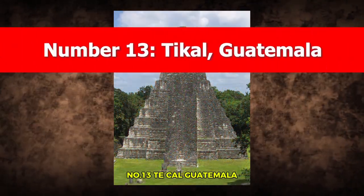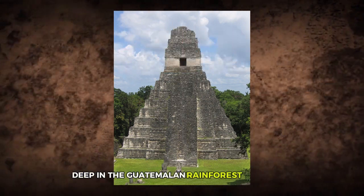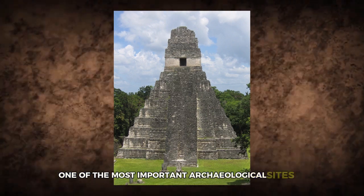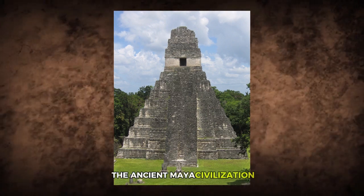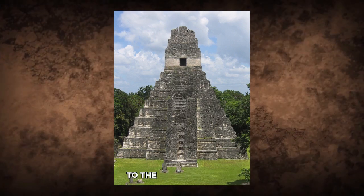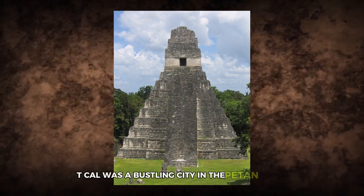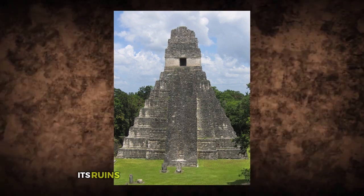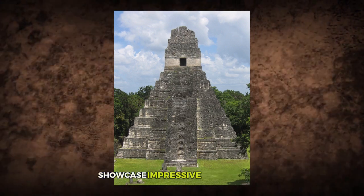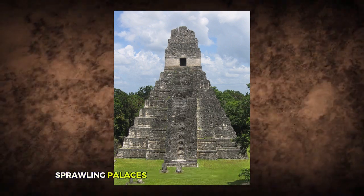Number 13. Tikal, Guatemala. Deep in the Guatemalan rainforest lies Tikal, one of the most important archaeological sites of the ancient Maya civilization. Flourishing from the 6th century BCE to the 10th century CE, Tikal was a bustling city in the Petén Basin. Its ruins, now a UNESCO World Heritage Site, showcase impressive architecture like towering pyramids, sprawling palaces, and